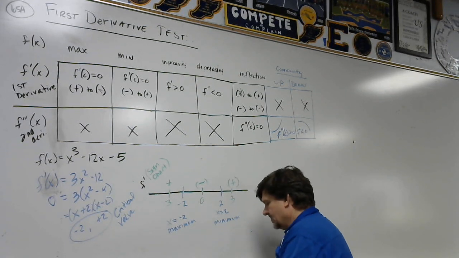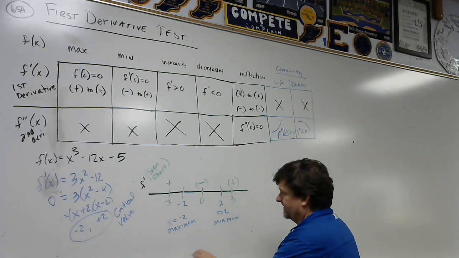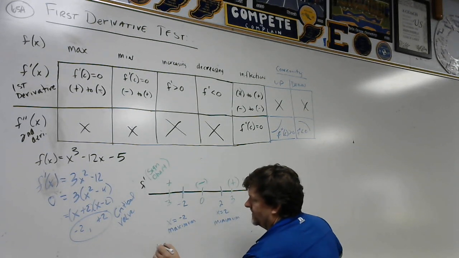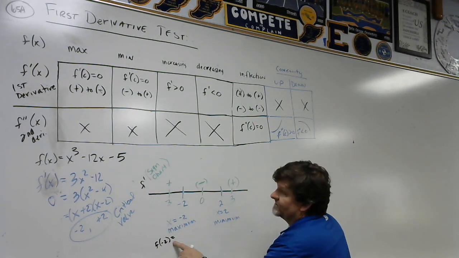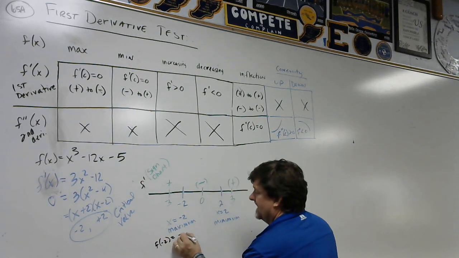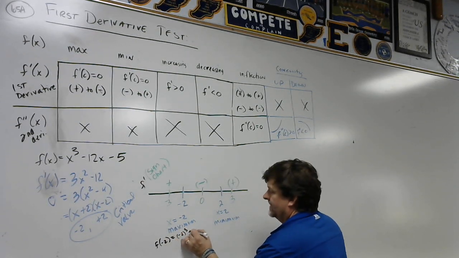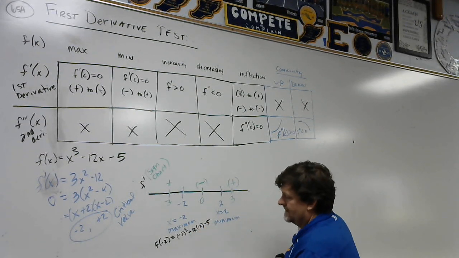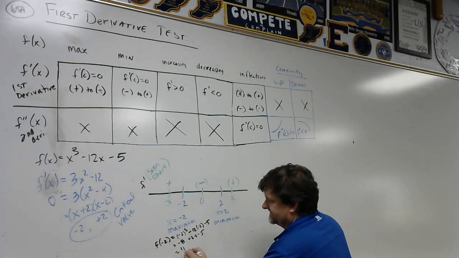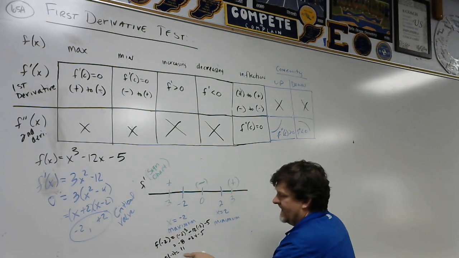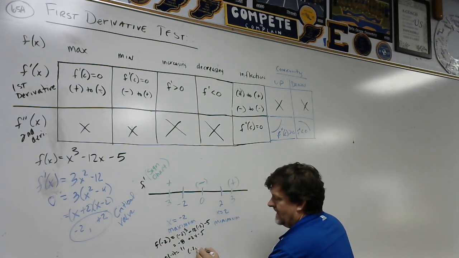All right, now, the only other thing we need to do here is find the points. I need to know the y value, so I need to evaluate this at f of -2. Not f prime, f of -2. If I plug in -2 here, I get -2 cubed minus 12 times -2 minus 5. So I get -8 plus 24 minus 5, and then -13, so this is 11. So at -2 and 11,